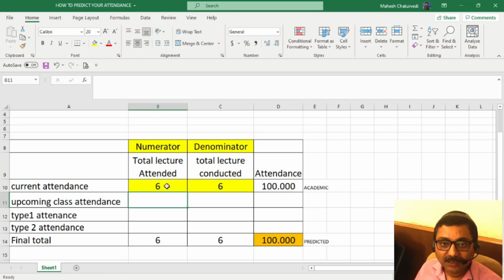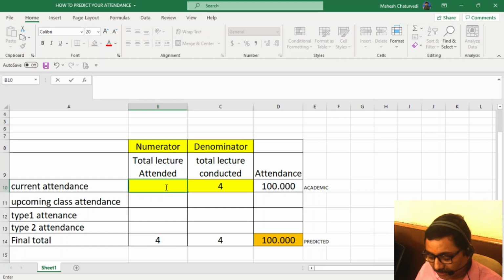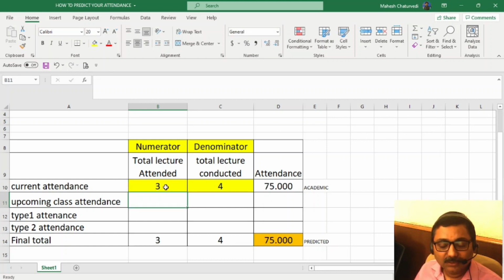Means initially when you join a college or campus, every attendance has huge weightage. Suppose in a day 4 lectures are conducted and you attend all 4, no problem, 100%. But if you miss only one lecture, you can understand one lecture equals 25% of the total.